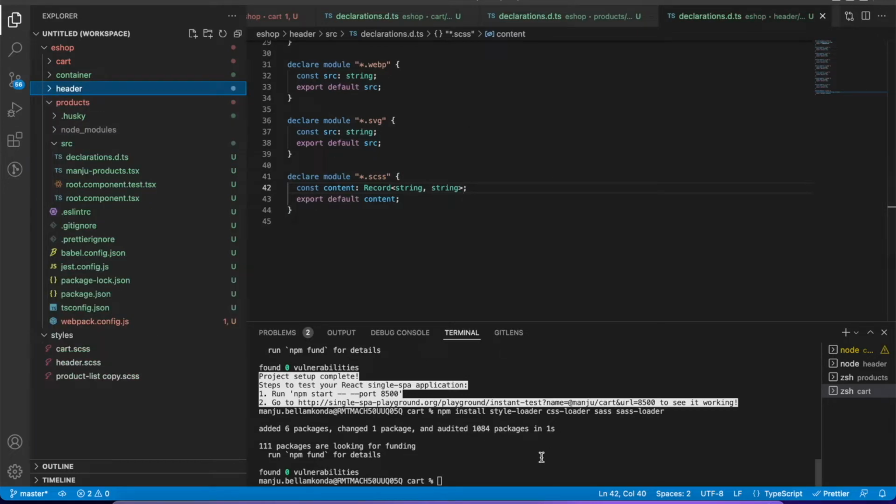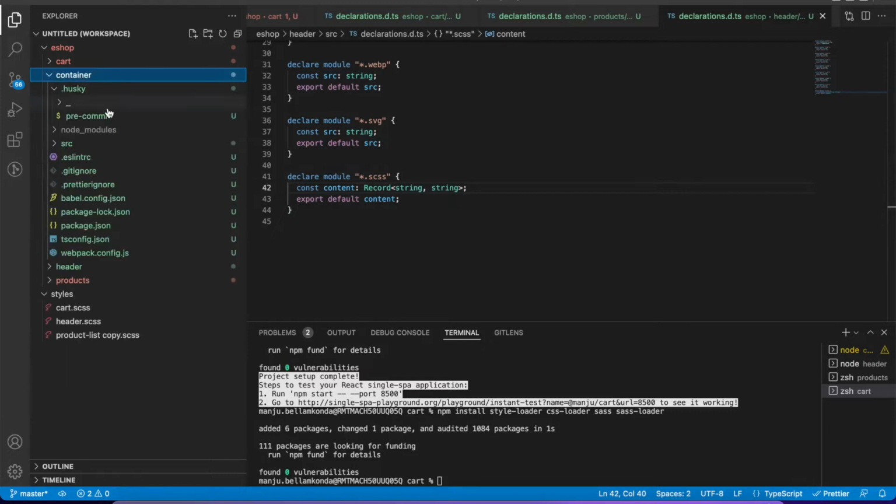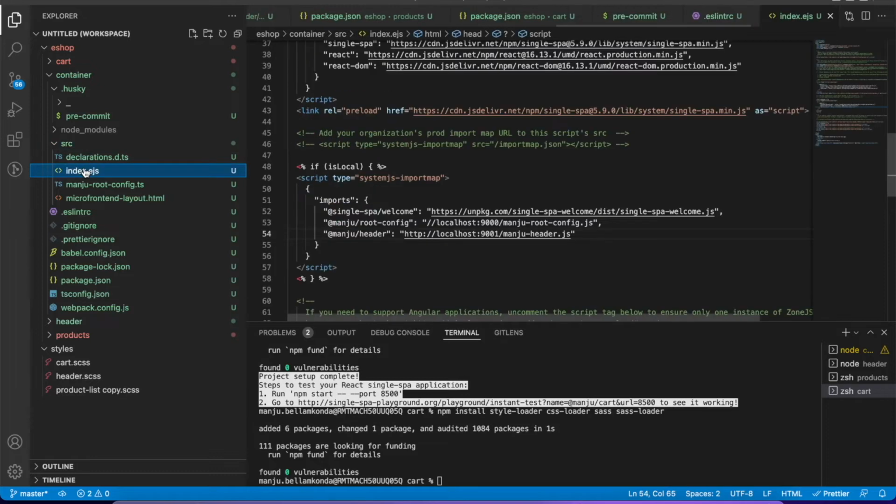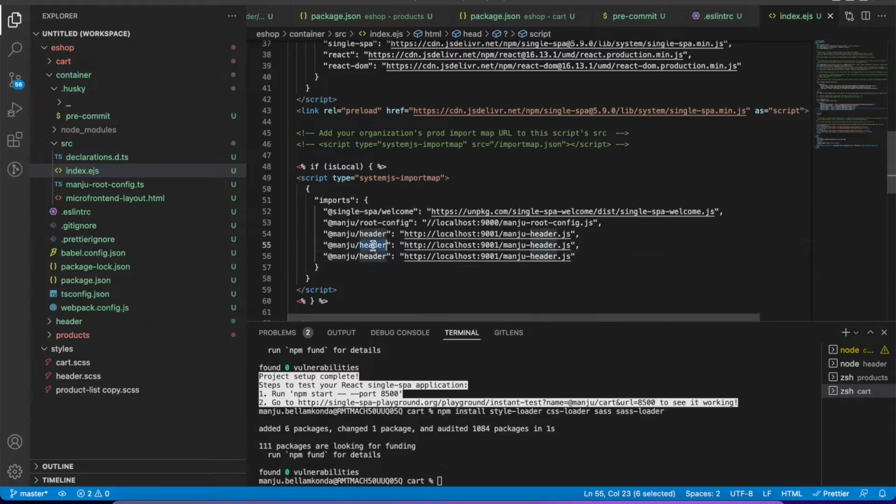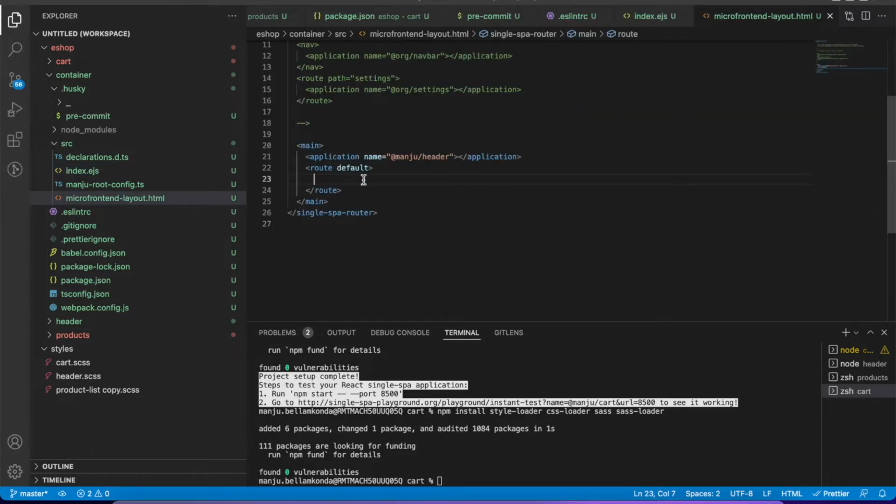Okay, let's try to register the new micro frontends in the container. Okay, I'm going to copy this and paste it twice. Okay, products and cart. Okay, the products we are running at port 9002 and cart at port 9003. Products, cart. Let's go ahead and add these new micro frontends in the layout. So by default, I wanted to show products grid, so I'm just going to refer to that micro frontend here,